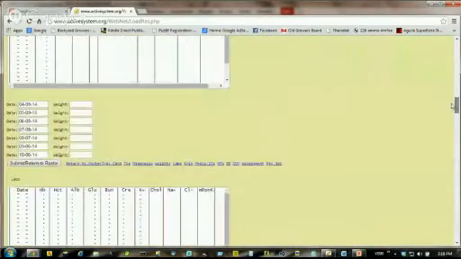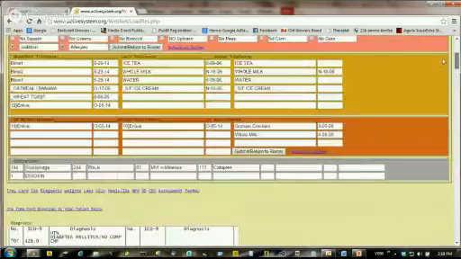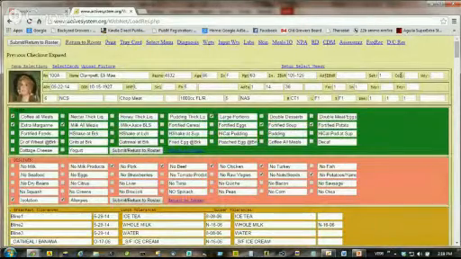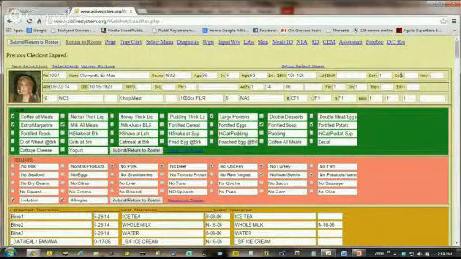Okay, so this is the Cardex for the resident. Each resident has one of these Cardexes, and this is where you go to input your information for the residents. Okay, now let's look at how you look at the menu selections. You have a link here for menu selections. You click that,